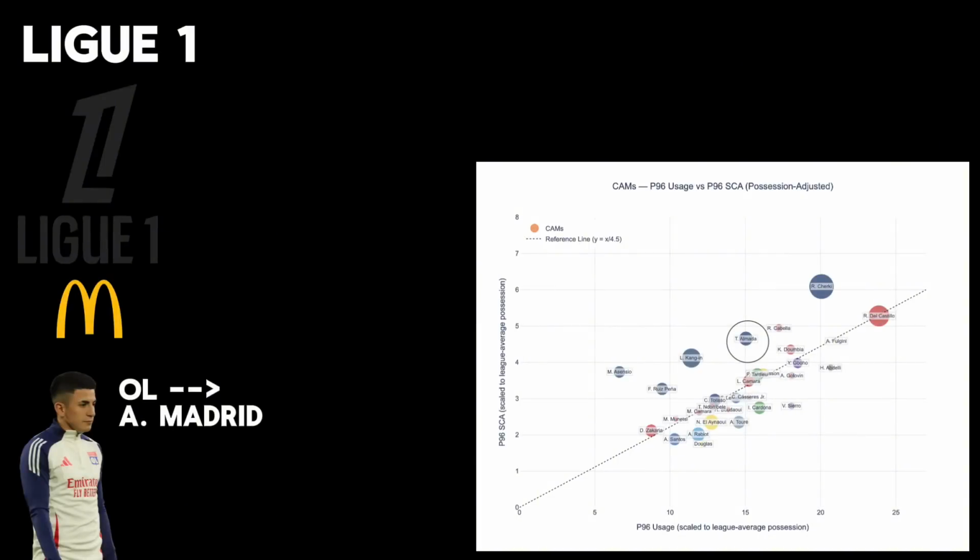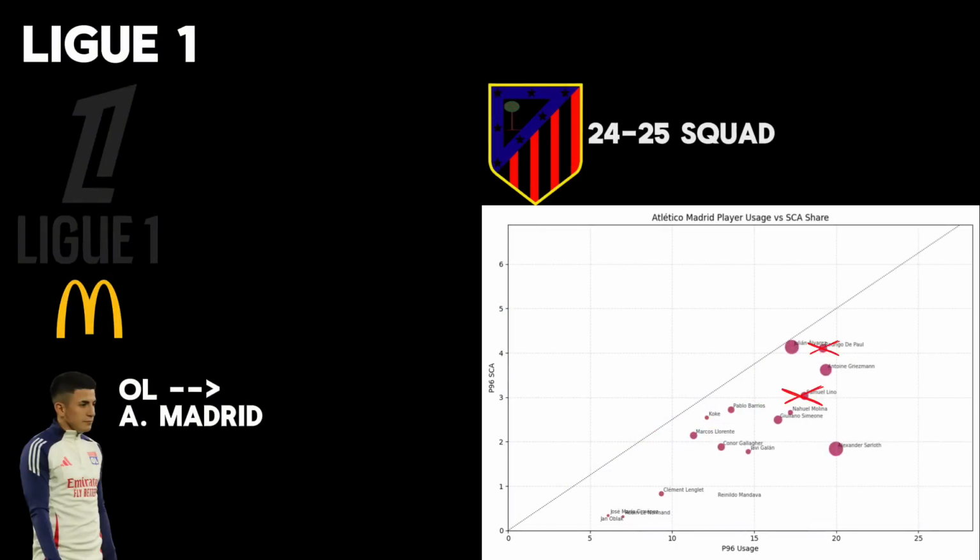Thiago Almada is moving from Lyon to Atletico. With Antoine Griezmann stepping back and Rodrigo de Paul moving to the MLS, Atletico need a main creator in a midfield role. Almada was one of the most efficient players in all of Europe. He's young and not overly ball dominant, which bodes well for Atletico, who don't always keep possession.